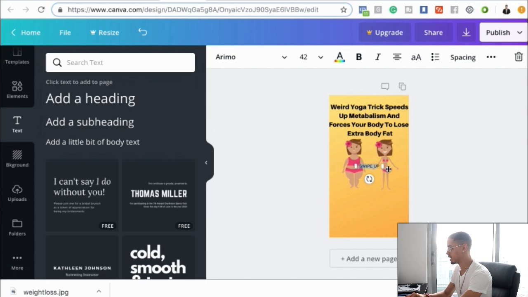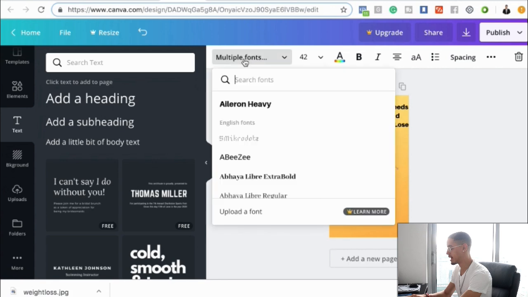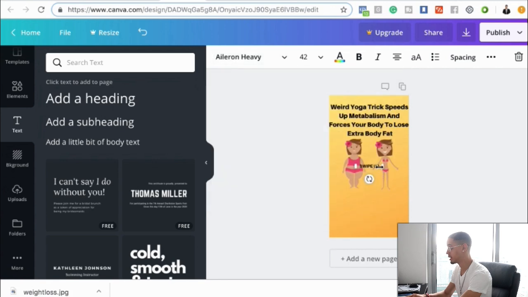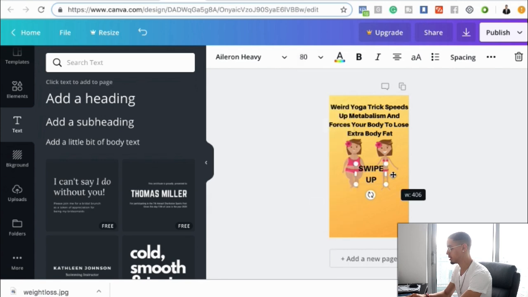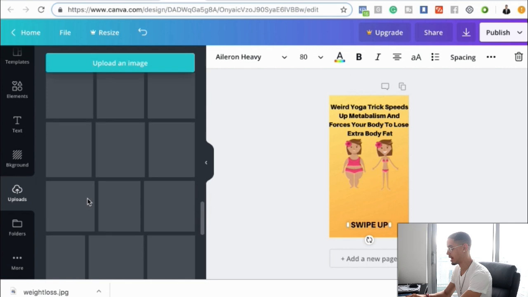And then we're gonna use the same. Now guys, is this the best ad? Absolutely not. What I would recommend, obviously, is getting somebody else to do it for you. So let's just say 80, swipe up. And then you could even get as creative as,